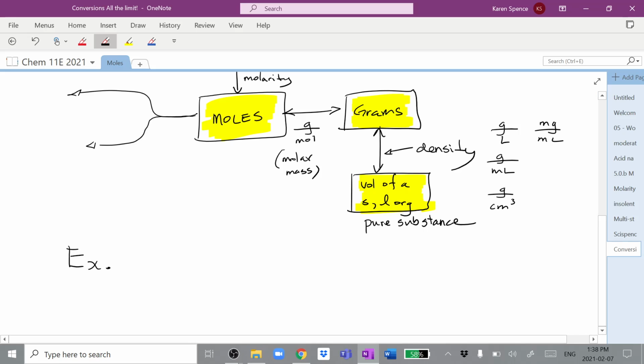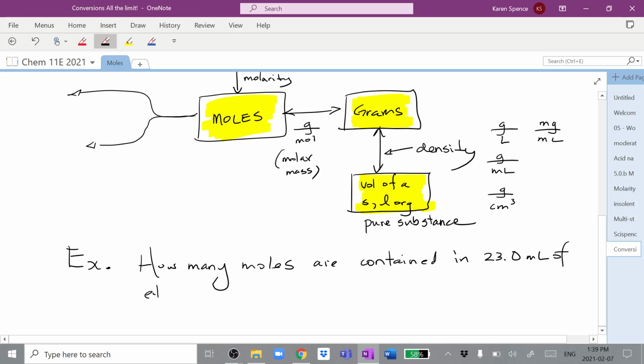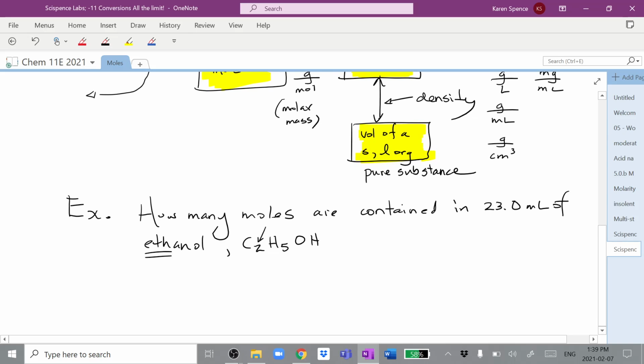Example. How many moles are contained in 23.0 milliliters of ethanol, which is C2H5OH. Did you notice that prefix? And how many carbons do we have? We have 2 carbons. And while we're here, I might as well tell you that an alcohol